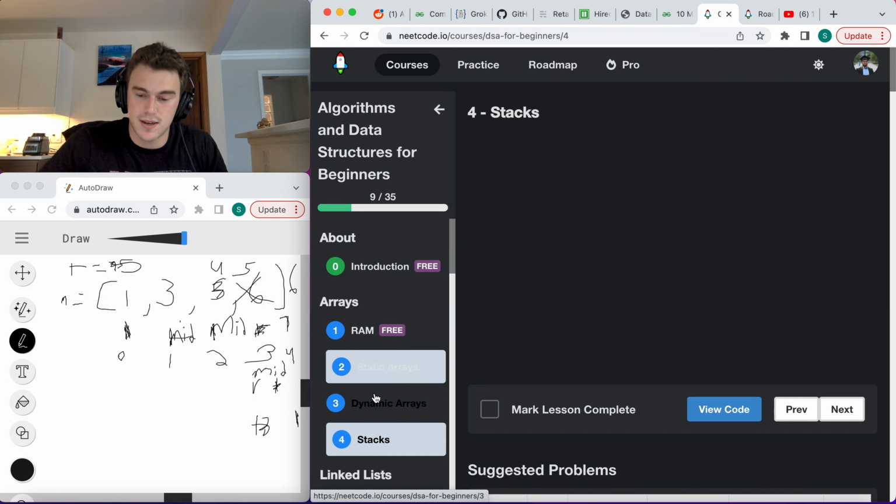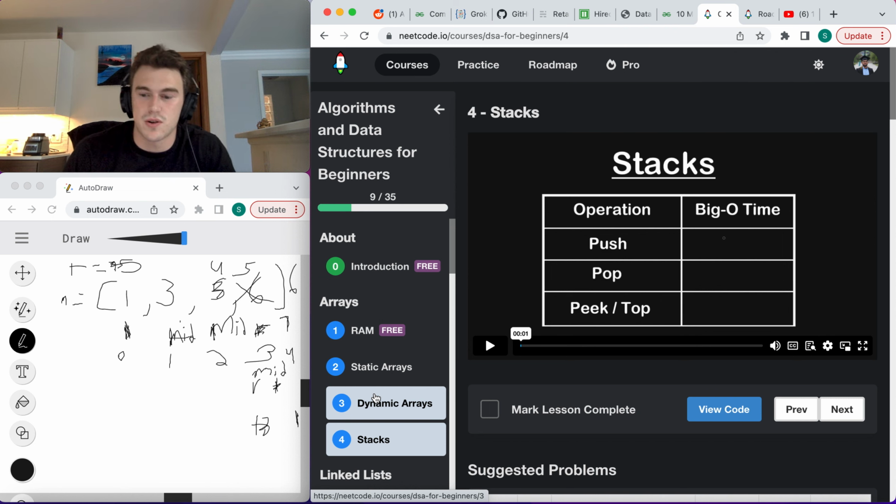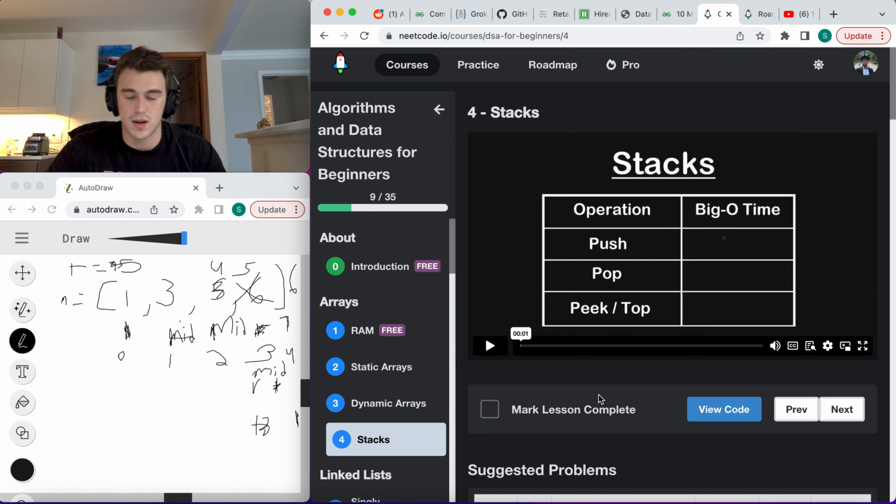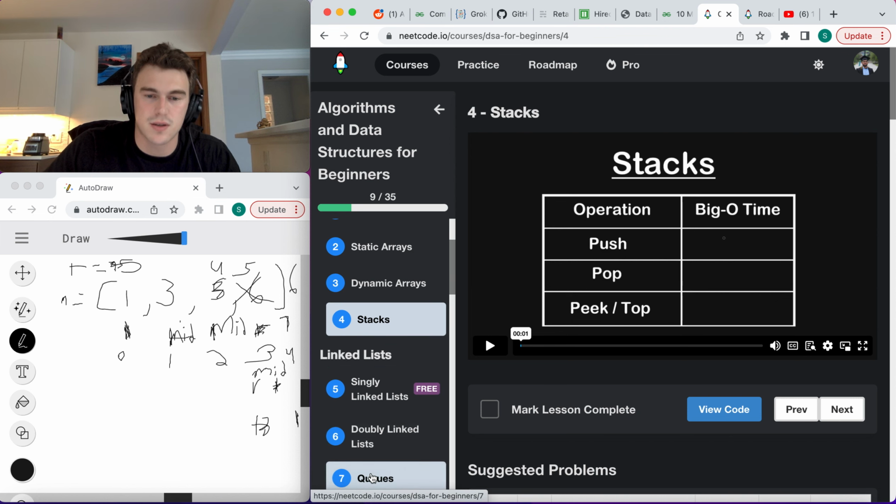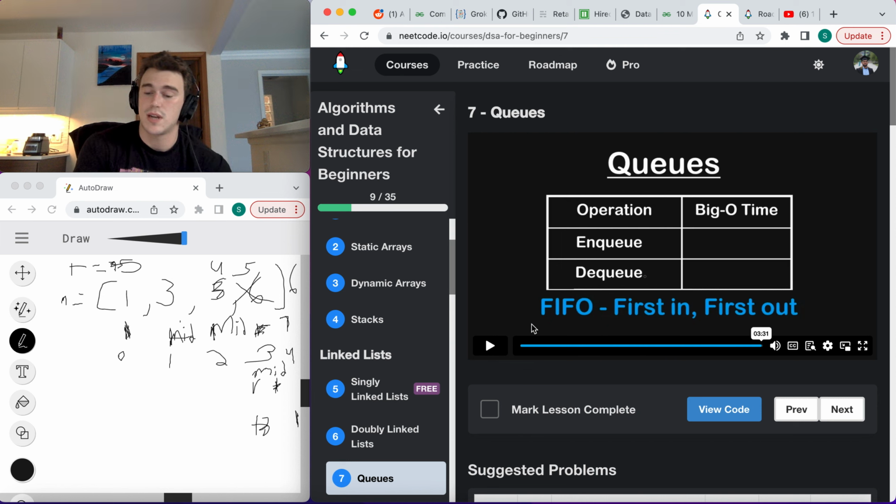And then the last thing, just learned about queues. The last 2 things, I guess, because we got stacks and queues. Last thing's queues. They're similar to stacks, but they're not last in, first out. They're first in, first out,